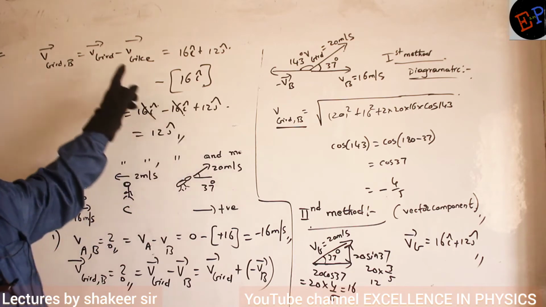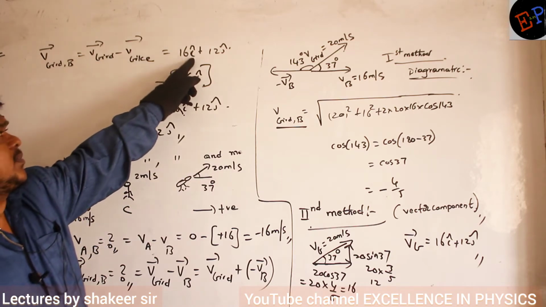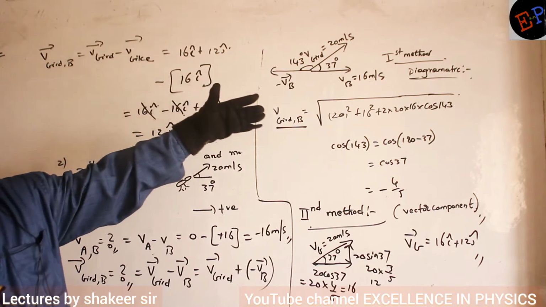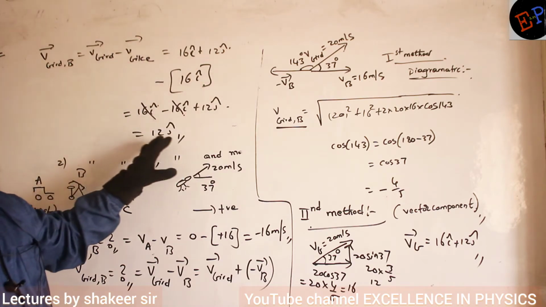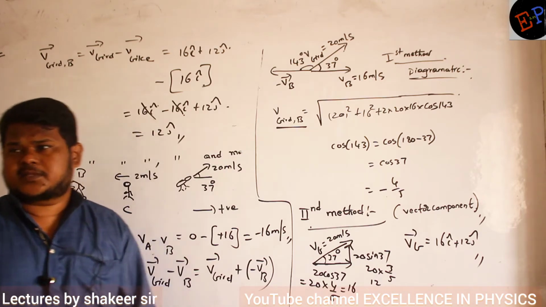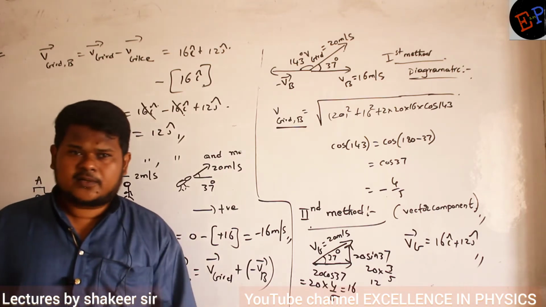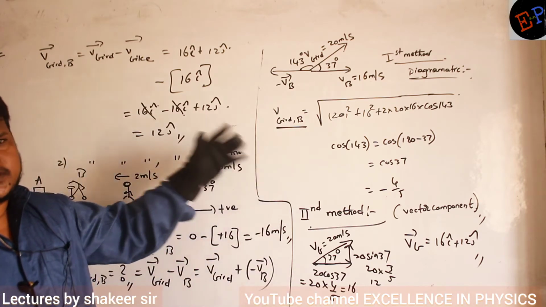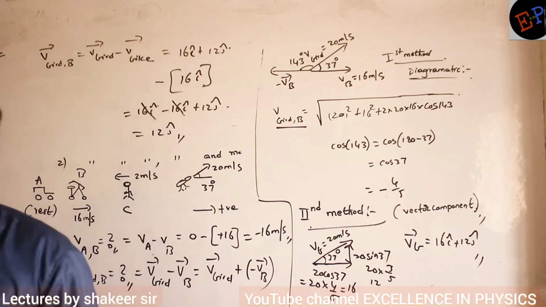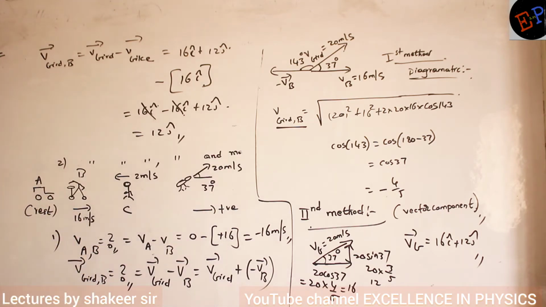Okay. So bird velocity I have split into two components and the bike is already traveling along positive x-axis. So I have added everything in the form of vectors and very easily I got the answer. This is the second method of solving. The two methods: one is by diagrammatic method, one is by just splitting everything into components and doing the calculation accordingly. Fine? That's it.